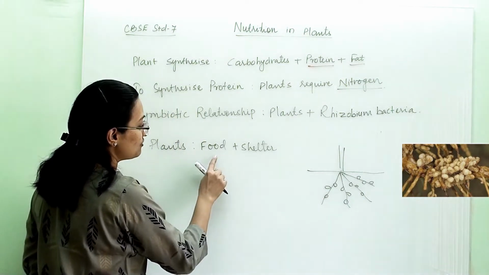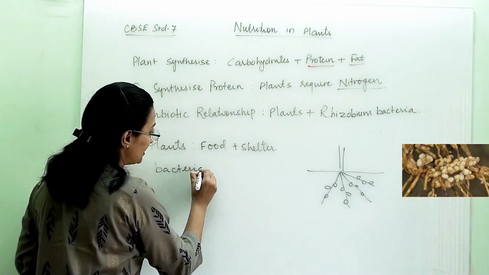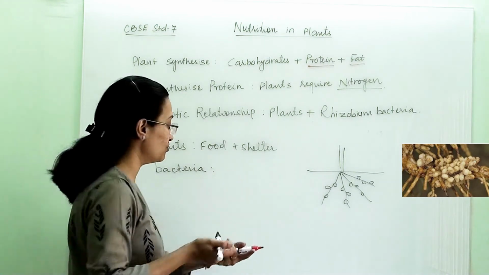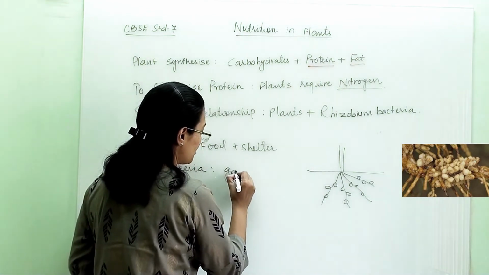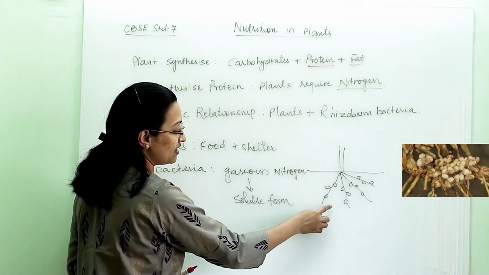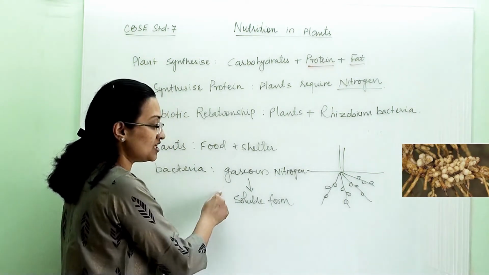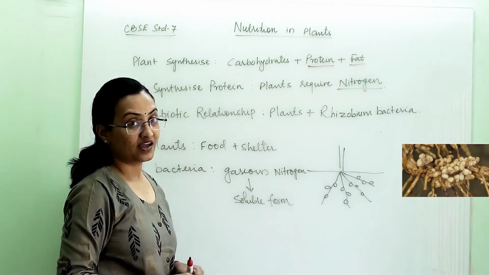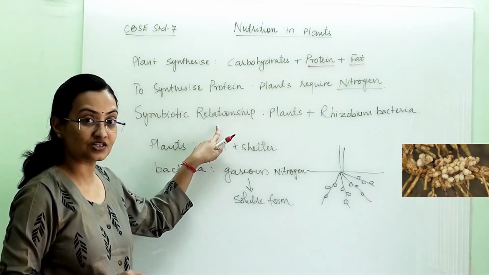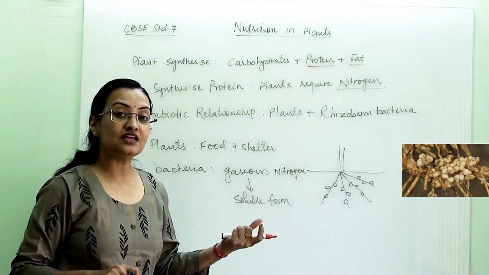So plants are giving food and shelter to bacteria, whereas in turn bacteria will absorb the atmospheric nitrogen and convert it into a soluble form. So gaseous nitrogen will be converted into soluble form so that the plant can take up that nitrogen. And they both are giving something to each other, and they both will survive, and it is beneficial for both. So this relationship is known as a symbiotic relationship, and with this they will fulfill their need for